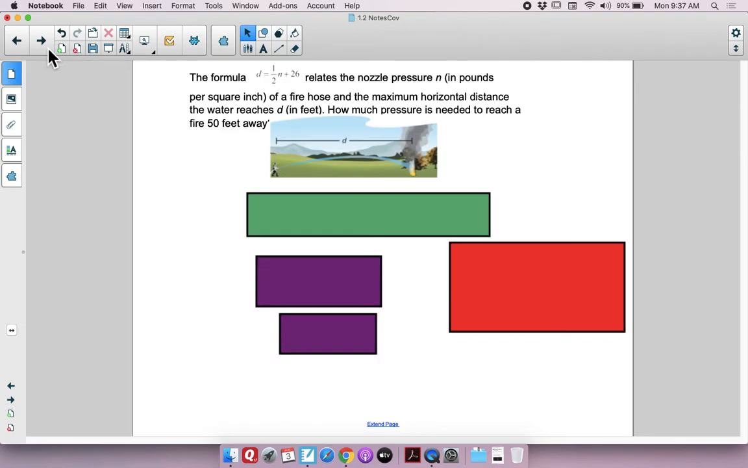It's great. Okay, here's a formula you do not need to memorize or know. Don't worry about that. We're just giving it to you. So the formula D equals 1/2 N plus 26 relates the nozzle pressure, N, in pounds per square inch of a fire hose and the maximum horizontal distance the water reaches, D, in feet. How much pressure is needed to reach a fire 50 feet away? Okay, so